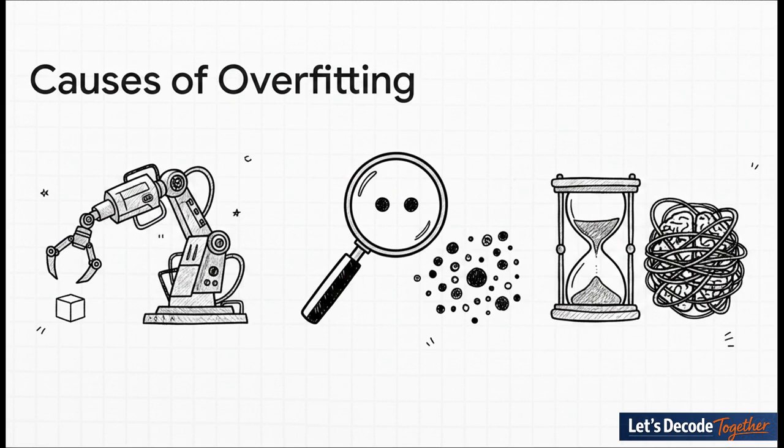Think about it. If you give a network 10 million parameters to learn just 1,000 images, it has so many degrees of freedom that it can essentially map every single image to a label using completely arbitrary noise. Second is insufficient training data. If your model doesn't see enough variation, it simply can't learn the true broad distribution of the real world.